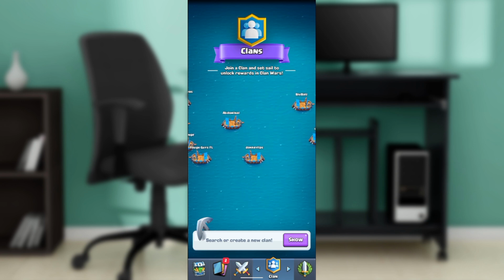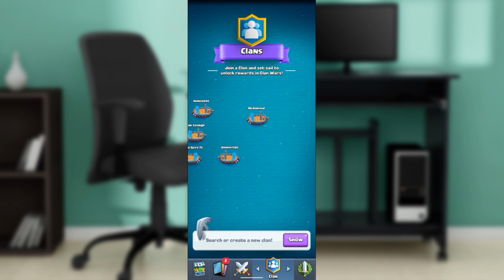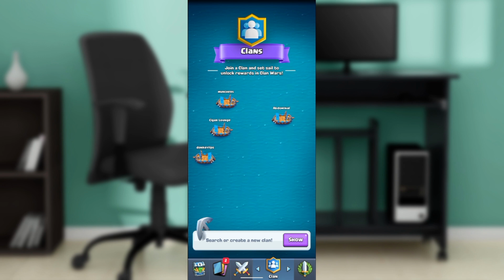Now, where can you find Clash Royale? You can find Clash Royale on Google Play Store or Apple Store. Just launch any of those applications and locate the search bar. In the search bar, go ahead and type Clash Royale and follow through the on-screen prompt to download or install